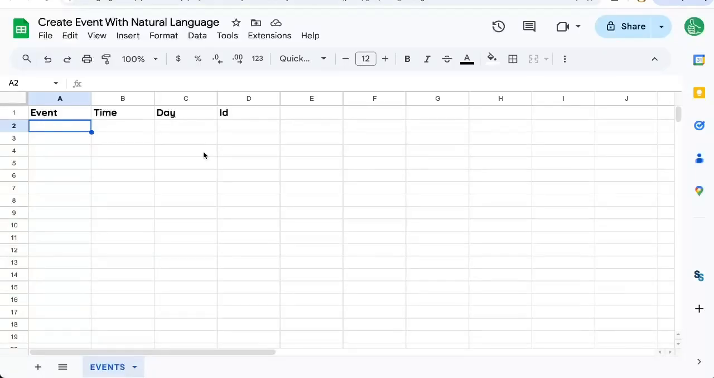We're going to create a natural language description of an event, and we're going to create that event in your Google Calendar from Google Sheets. This is really cool to add to task managers, project managers, any kind of sheet where you're managing multiple things